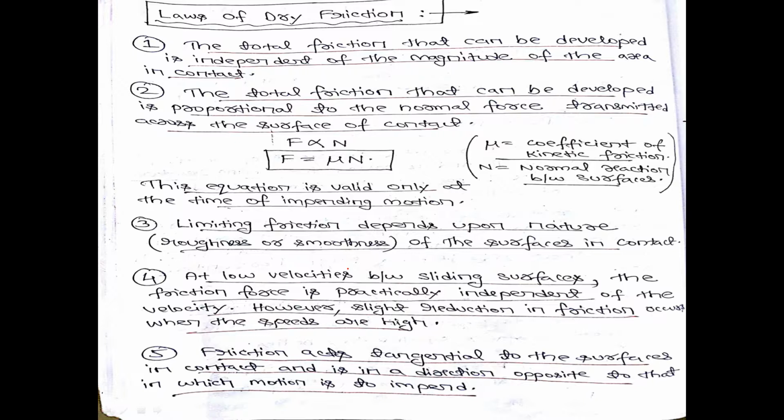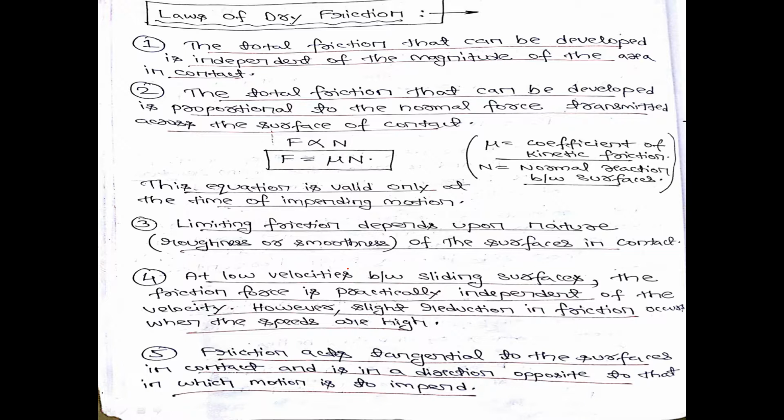And what is limiting friction? Limiting friction is that value of frictional force at which the body tends to move. लिमिटिंग फ्रिक्शन वो फ्रिक्शनल फोर्स होता है जिसको कि आप बॉडी पे लगाओगे तो बॉडी मूव करेगा. जब तक आप लिमिटिंग फ्रिक्शन बॉडी पे नहीं लगाओगे, बॉडी will be in static condition. अगर बॉडी स्टैटिक कंडीशन में है, कोई फ्रिक्शनल फोर्स एक्ट नहीं होगा. जैसे ही आपने लिमिटिंग फ्रिक्शनल फोर्स अप्लाई किया, बॉडी टेंड्स टू मूव. At that time the frictional force existing in the body is known as limiting friction.